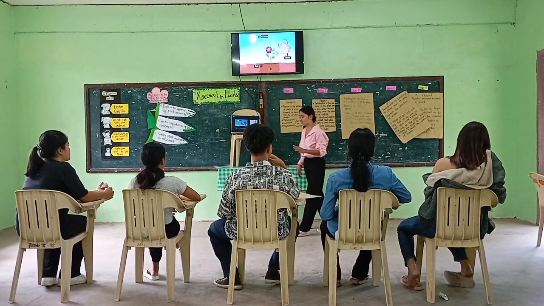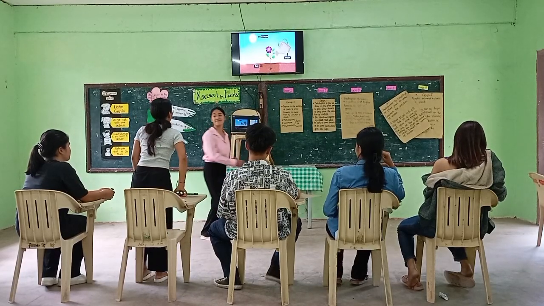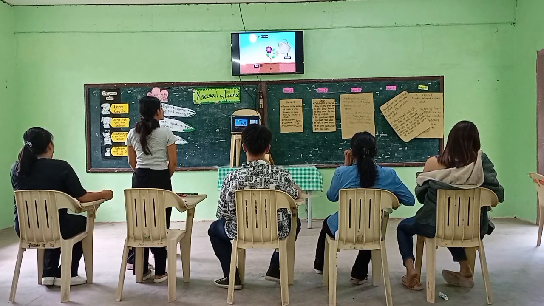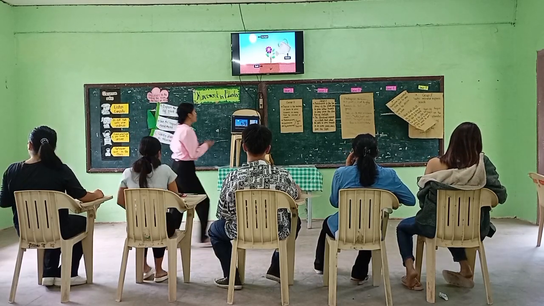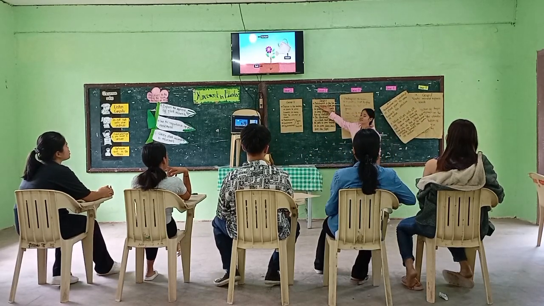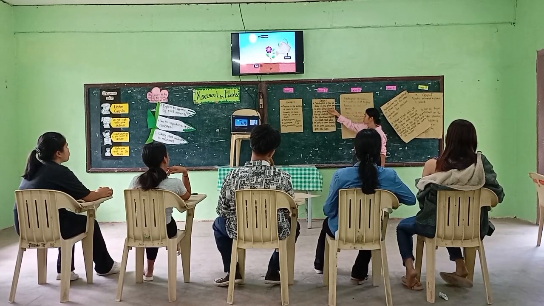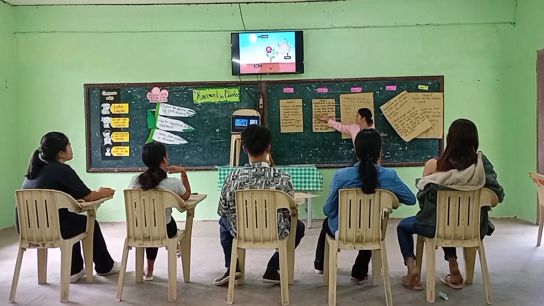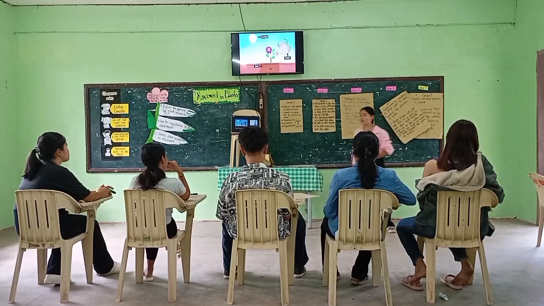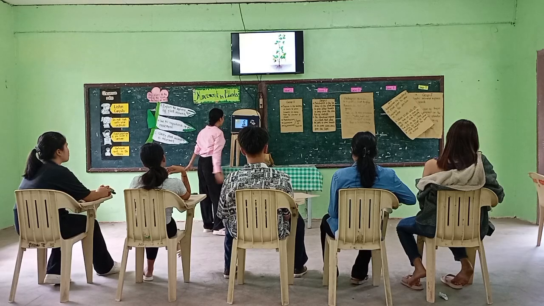Now, what is phototropism? Phototropism is the tendency of the plant parts to grow either towards or away from the direction of the sunlight. Okay, very good. Everybody, can you read? Phototropism is a tendency of plant parts to grow either towards or away from the direction of sunlight. As you can see, class, in the picture,